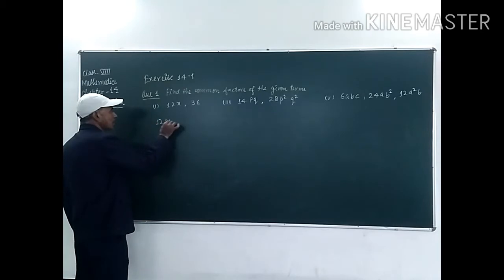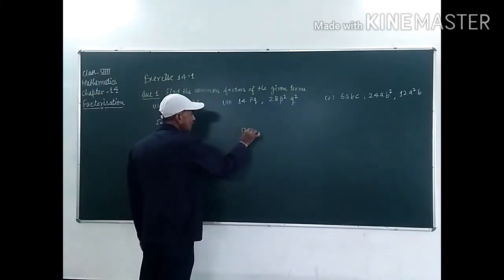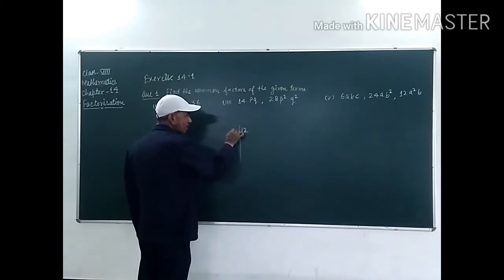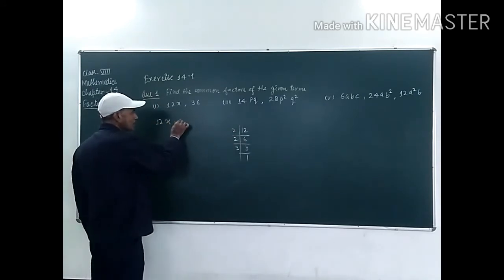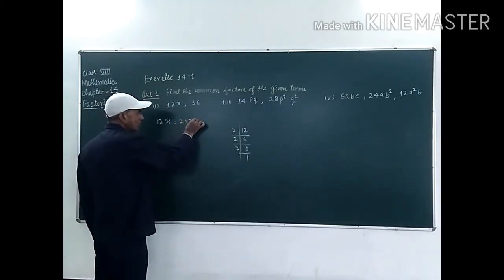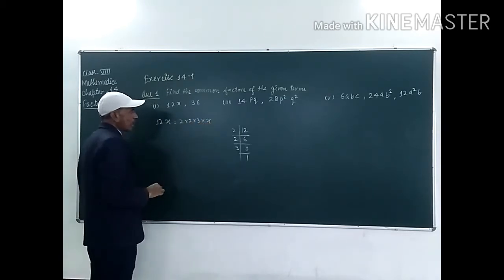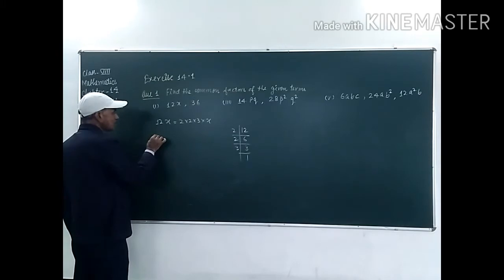So, factors of 12x, students. For 12, we find the prime factors of this number first. Divided by 2, that is 6. After that 6 is also divisible by 2, so 2 threes are 6, and 3, that is 1. So the factors of 12 are 2 into 2 into 3, and this one into x. And factors of 36,